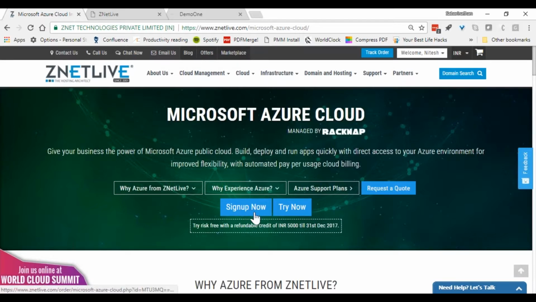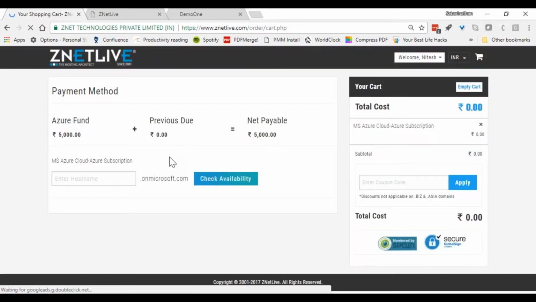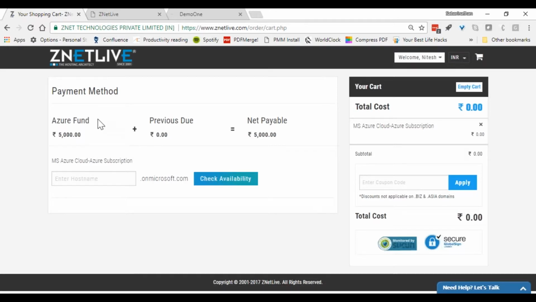Or we can connect directly to the live production environment of your environment so that the customers can provision these services directly. Okay, so if you look at it here, the customer now purchases a pay-per-use model for Azure, which means he has to pay only at the end of his billing cycle, right? So when he has to pay at the end of his billing cycle, you might be asking, hey, what is this Azure fund here, right?